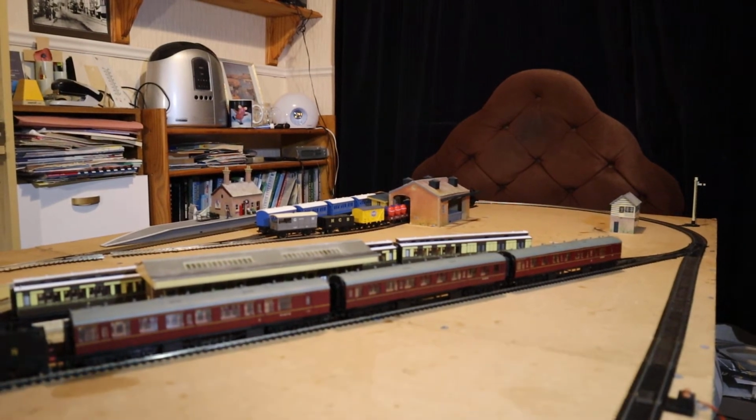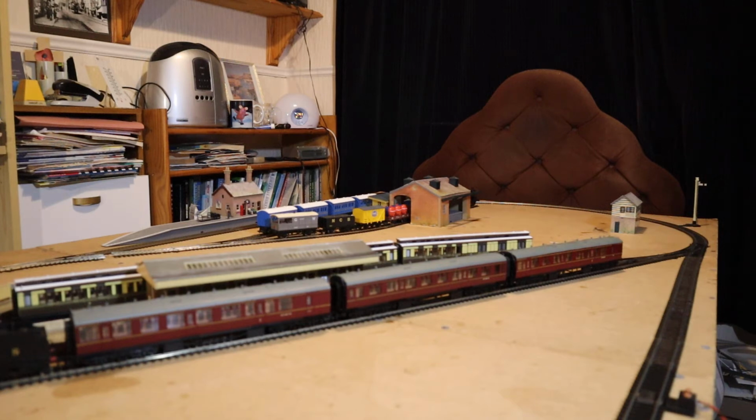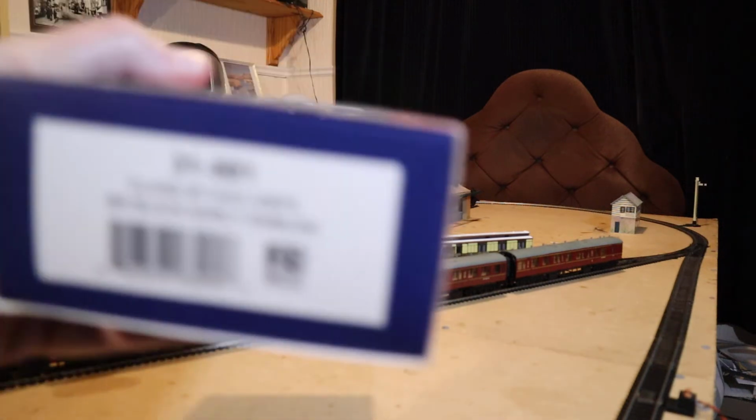Tonight we're going to do another Somerset and Dorset Joint Railway session. And I make no apologies for repeating some of these locomotives. I know you probably saw them recently. And some of you may have seen my actual new locomotive, the 4F, out on the tracks earlier, without the building and everything else, because I was giving it a test run and running it in. But today I received this lovely locomotive,